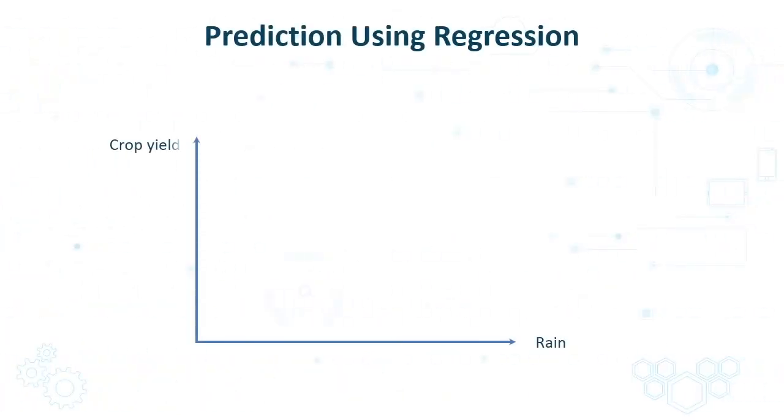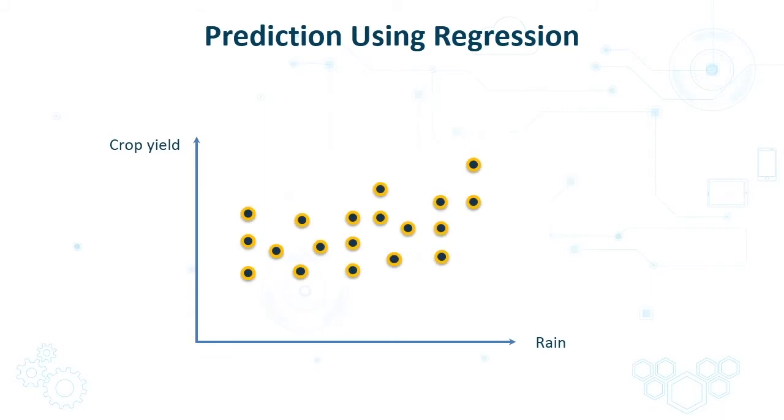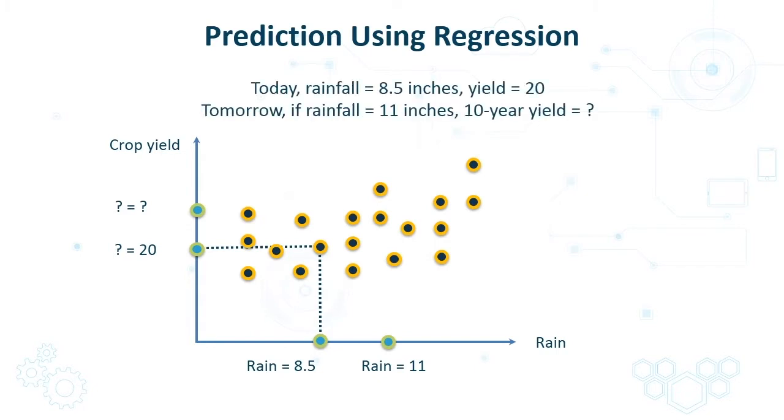Now, these farmers know exactly how much rainfall occurred in the previous season and what the crop yield was for each of them. And given the forecast 11 inches of rainfall in this season, they need to translate that into a crop yield for this year. For example, they know previously that when there were 8.5 inches of rainfall in a particular season, they were able to harvest 20 metric tons of corn. Given the increase in rainfall, it might be reasonable to expect that there is going to be an increase in yield as well. But how much exactly?